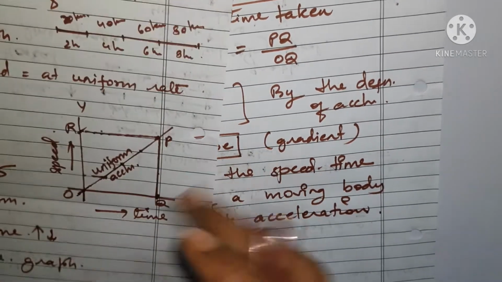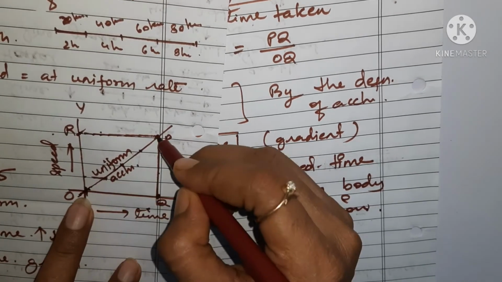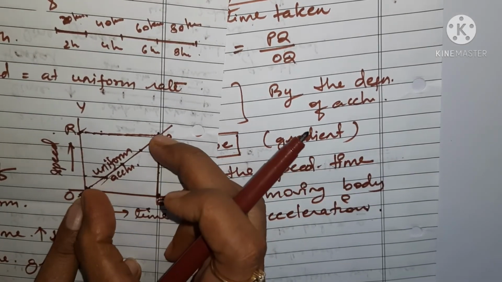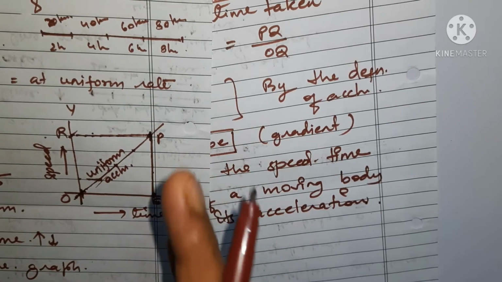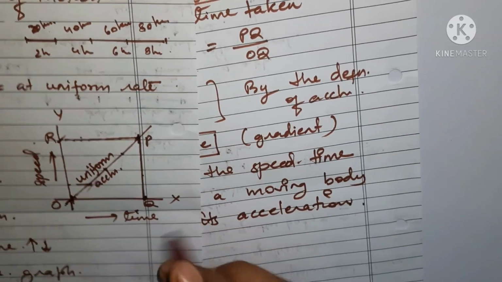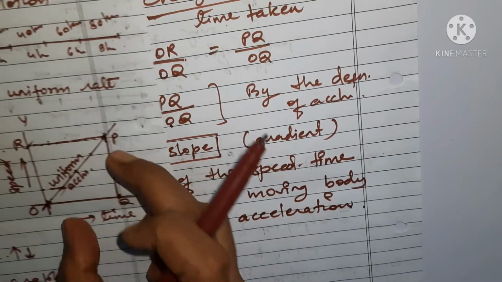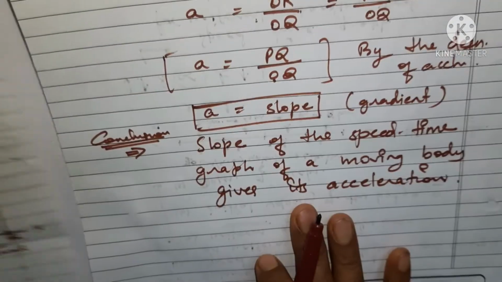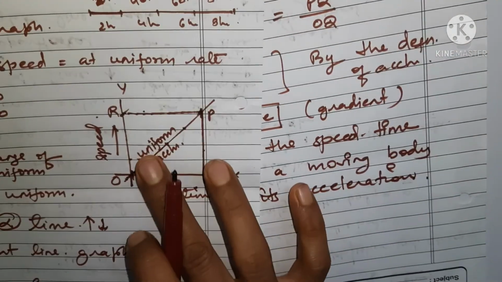You can see here, the acceleration is given from here to here. This is going to give you the acceleration, right? And we have derived up to this equation: from the definition we started and we got the slope, and the value of the slope is giving you the acceleration.